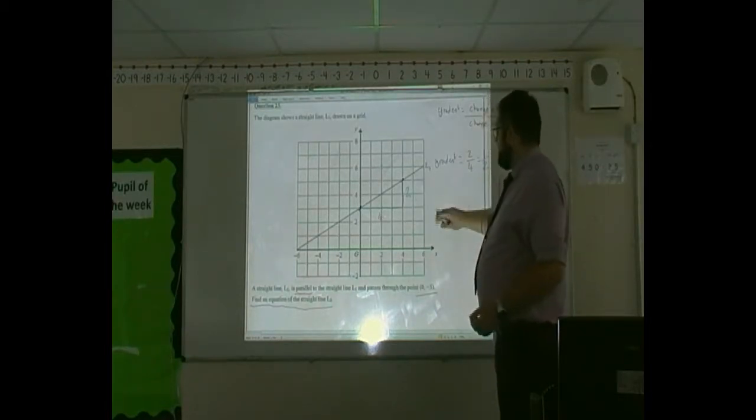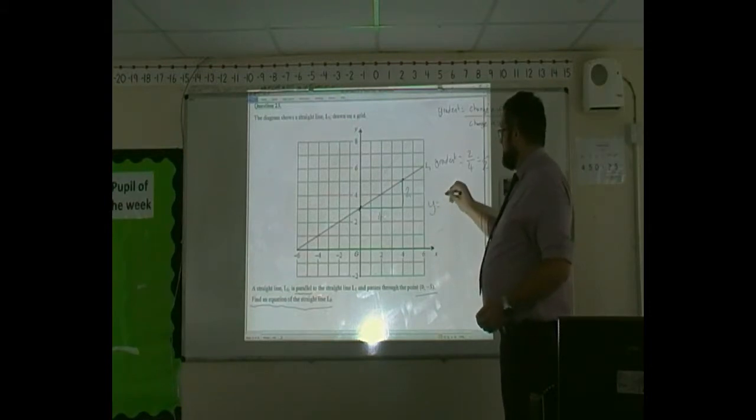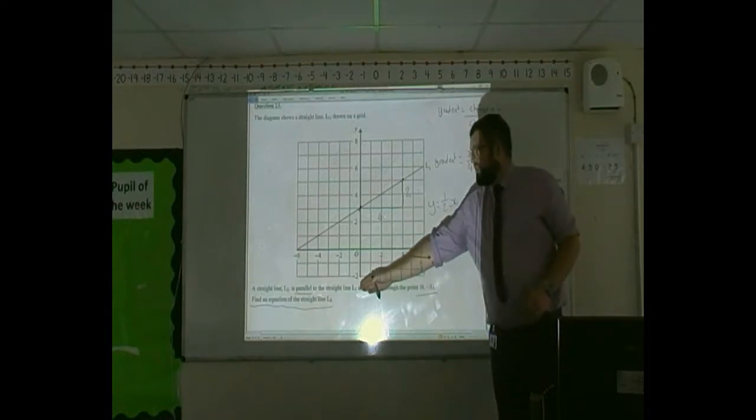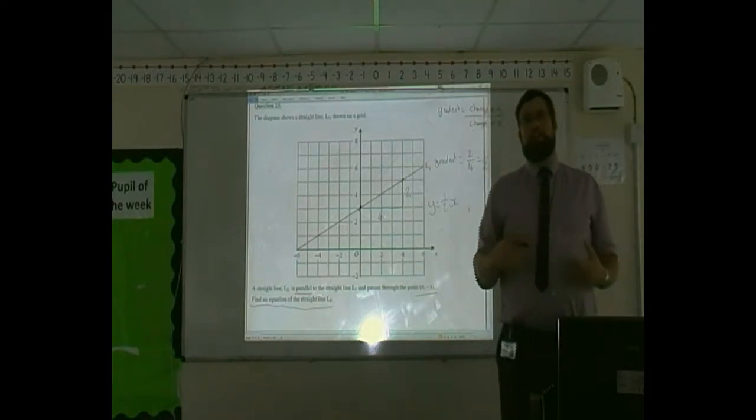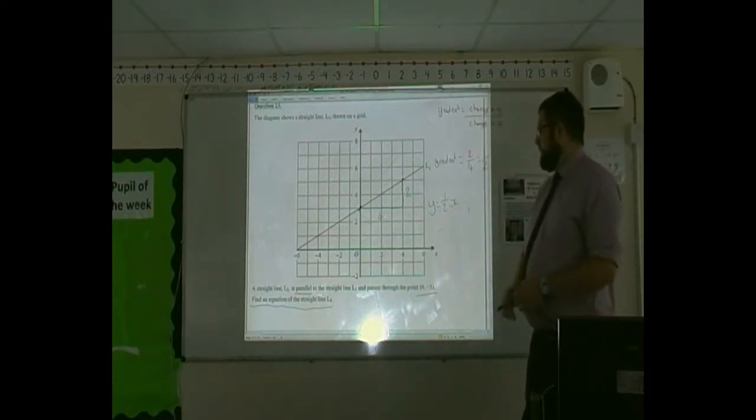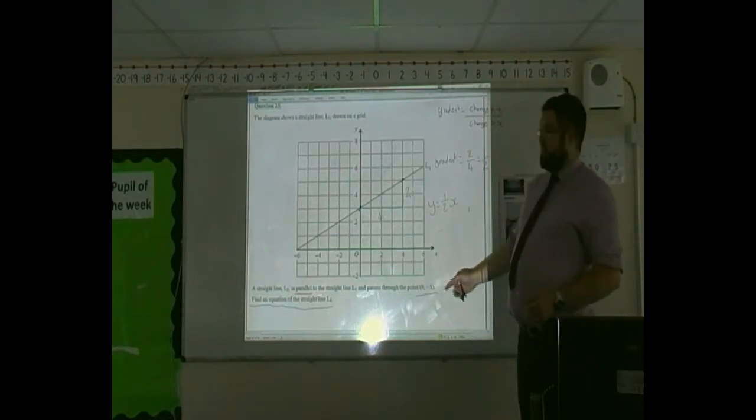So we know that the equation of our line is now going to start with y equals 1/2 x, because the gradient of L2 is the same as L1 because they are parallel. We're then told that the y